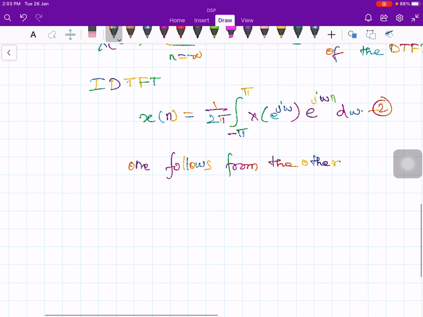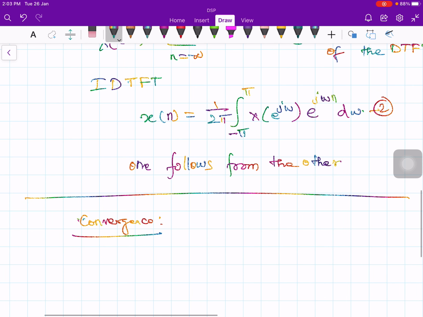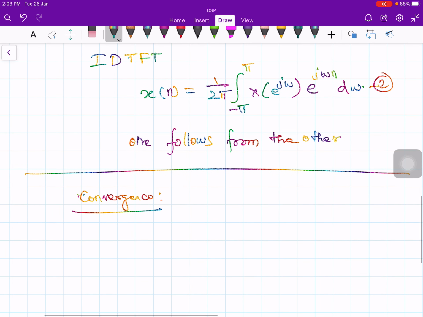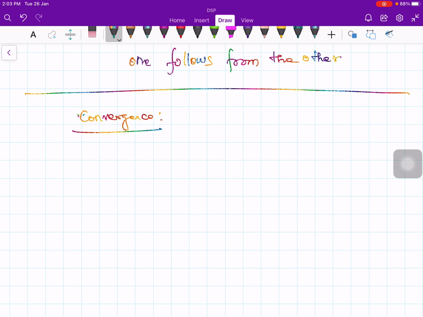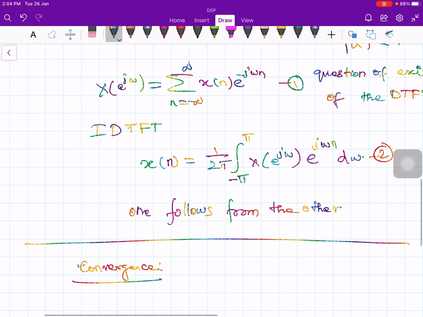So let's talk about the question of convergence. This is very important. For all given sequences we can't find the discrete time Fourier transform. So let us go a little bit slowly so that you will get a very clear idea about convergence. Formally, if you take this summation,